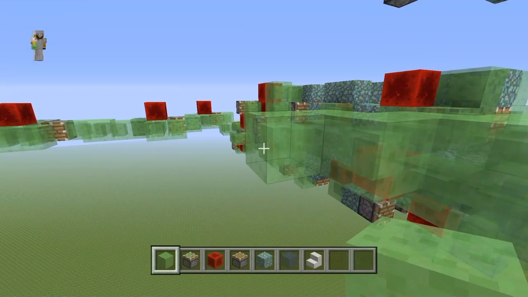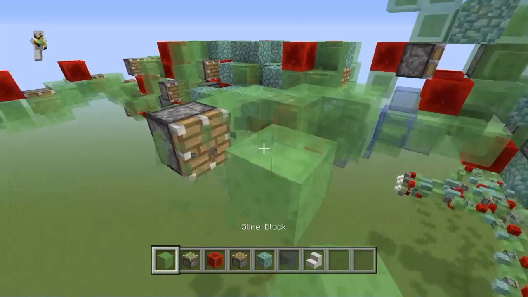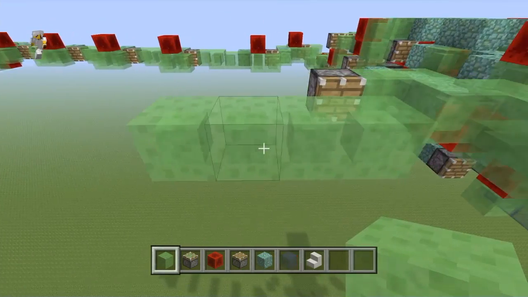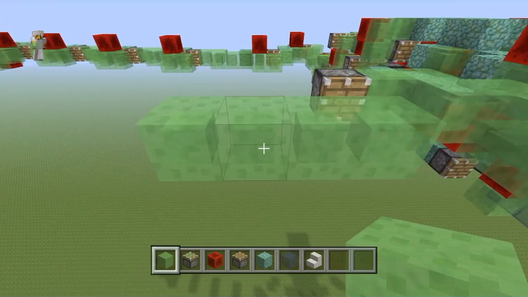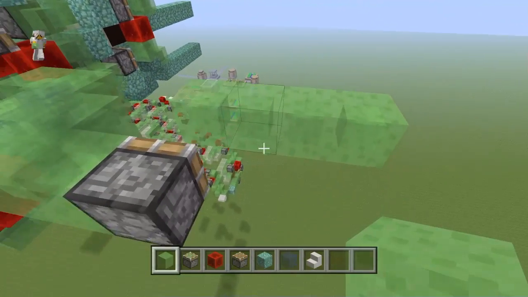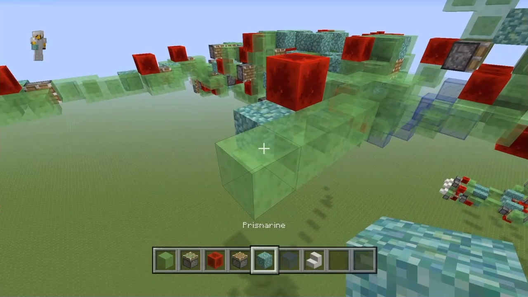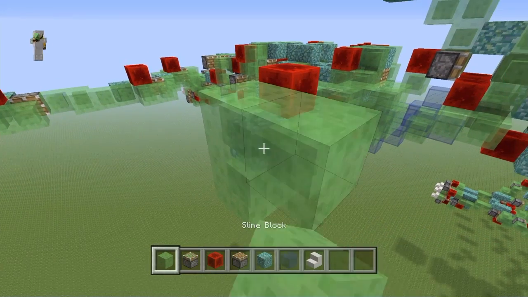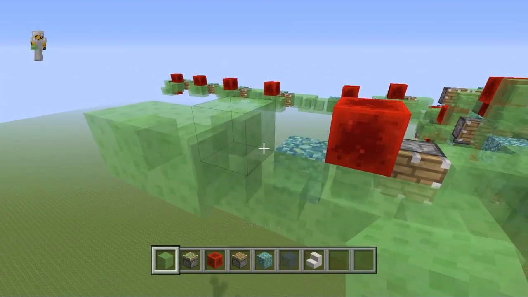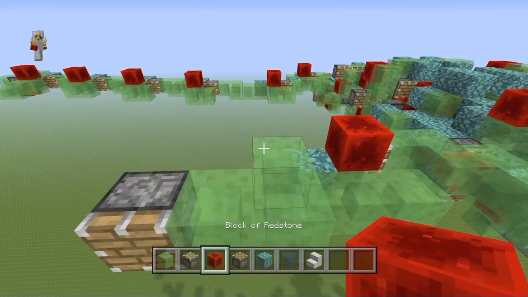Once you have this coming off the side of this slime block, you want a regular piston facing forward. Coming off of it, you want a little row of 4 slime blocks coming out just like so, with this slime block being right in front of this piston. You want to go ahead and swoop around this way. Slime block here, redstone block, and then a regular block. Then coming off the top of this slime block, you want 1, 2, and 3 regular slime blocks just like so. Then you want to go ahead and add a piston in right here,